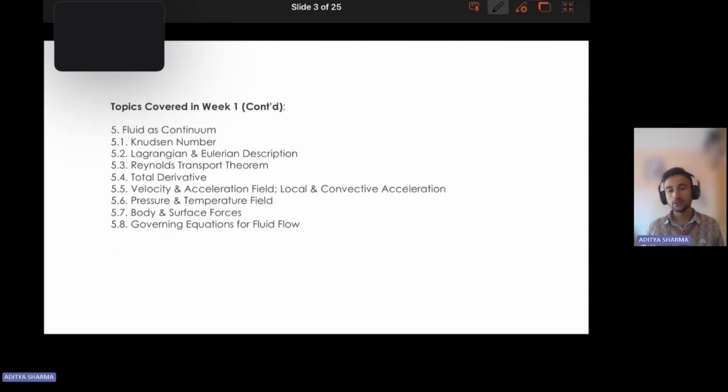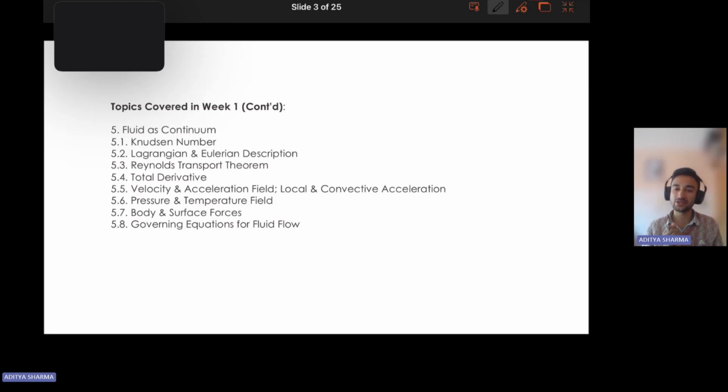After that, a very important concept as far as fluids are concerned. It's basically a supposition that the flow is in continuity. For the mathematics of fluids, it's a very important supposition to be considered, because in reality, every matter is fundamentally molecules, so there are spaces between molecules. But when we have to deal with the mathematics of the fluid and the scale we are interested in of the fluid,